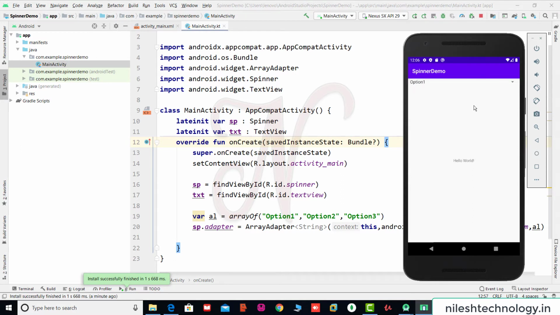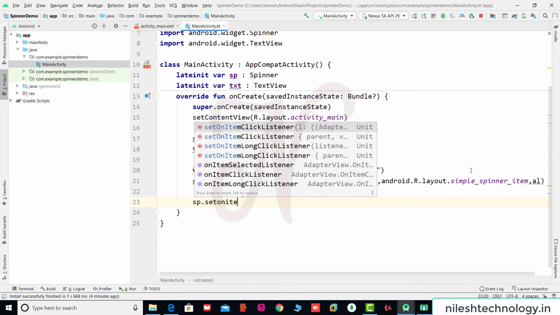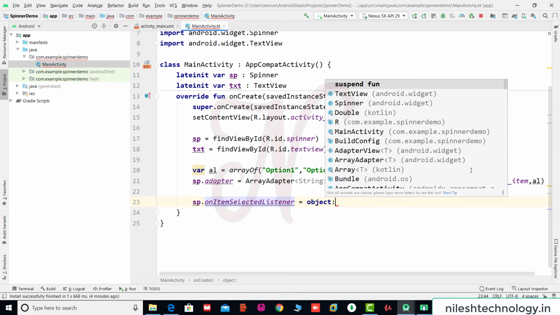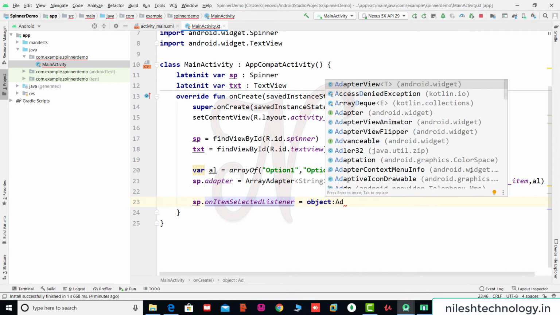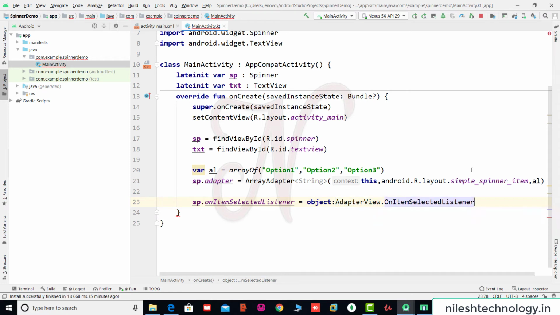Now here we add some event to this spinner. If you select an item, then this item name is displayed on this text view. So see here, going to the code again: sp.setOnItemSelectedListener is equal to object colon AdapterView.OnItemSelectedListener.